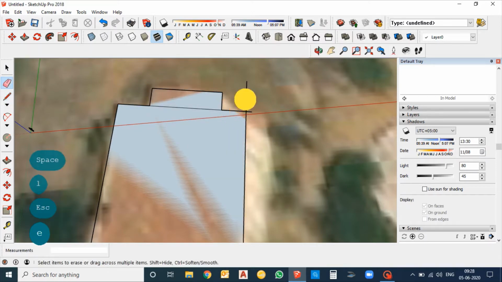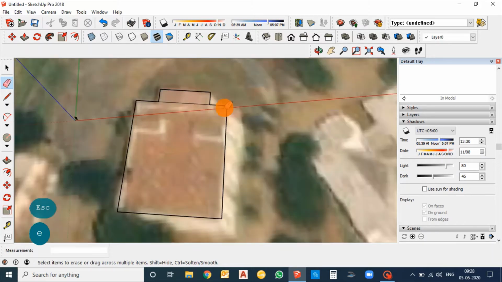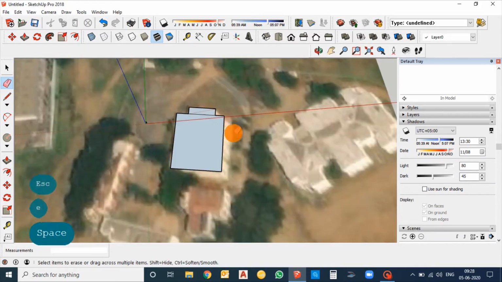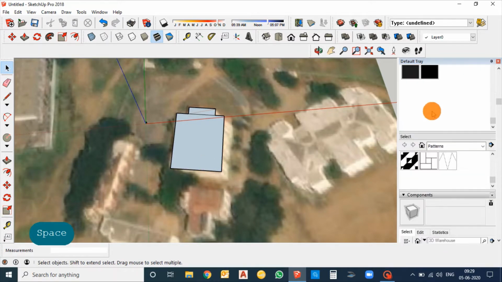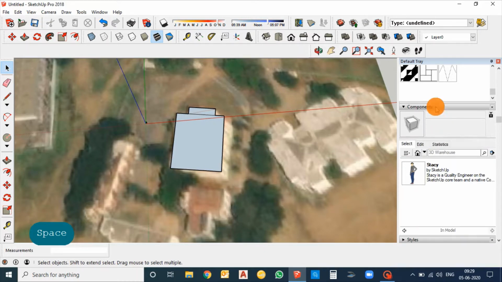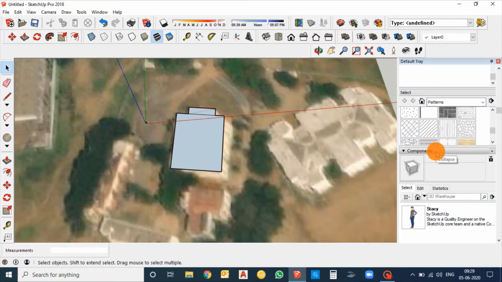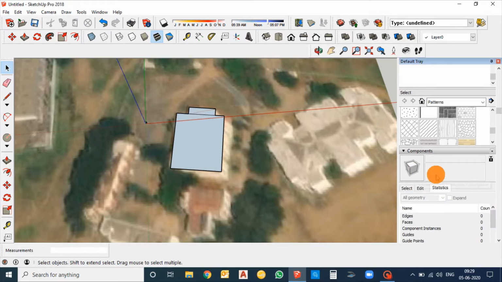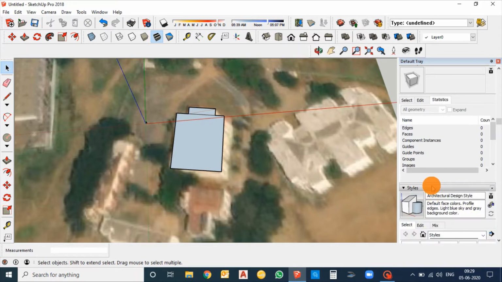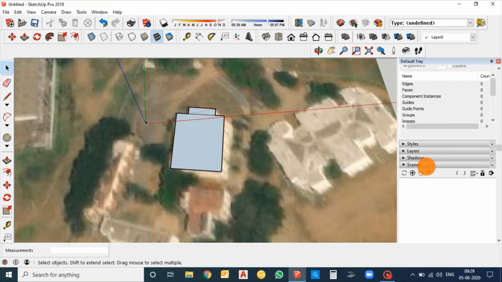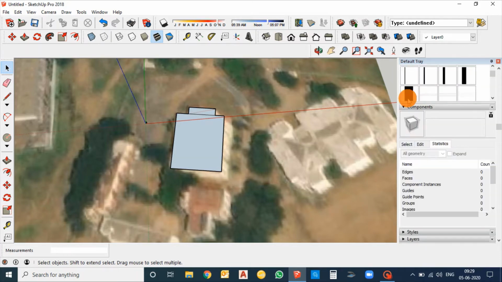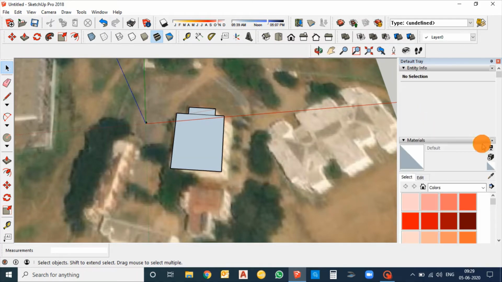Okay, just delete the image. After drawing the boundaries, you will not be able to see the inner image. So to see the inner image, just go to materials.